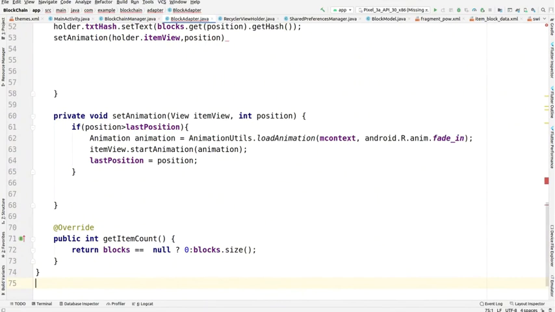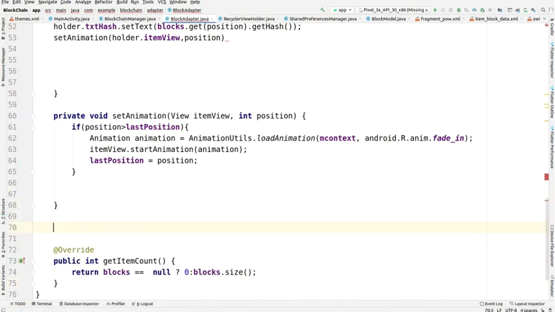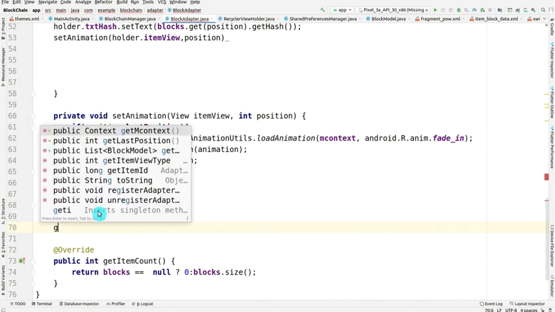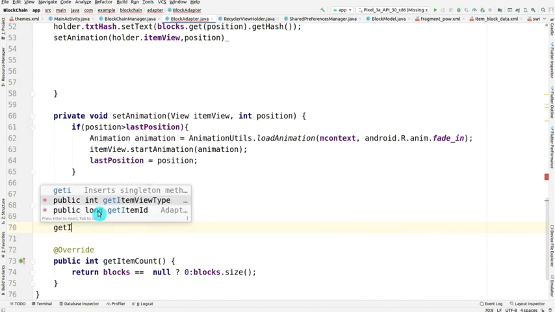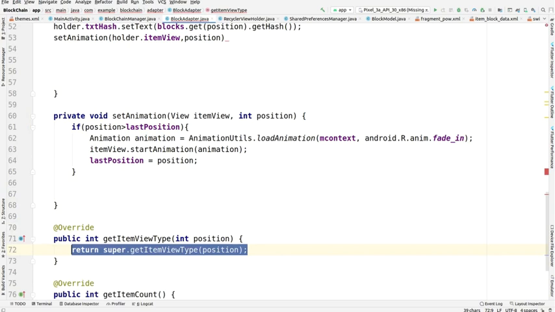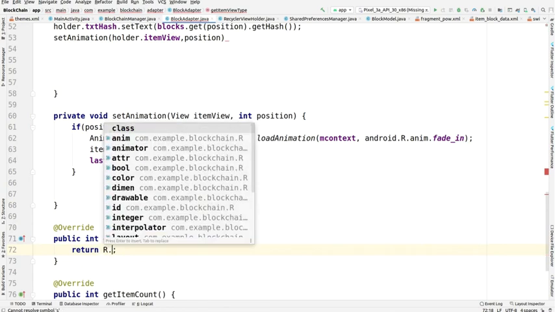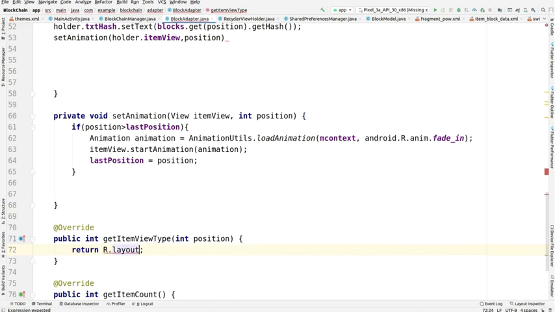There are a few errors, let me remove them firstly. This is because I think one more function we are needing here called get item view type. Okay, and we have to remove this and add our custom return statement R dot layout dot item block data.